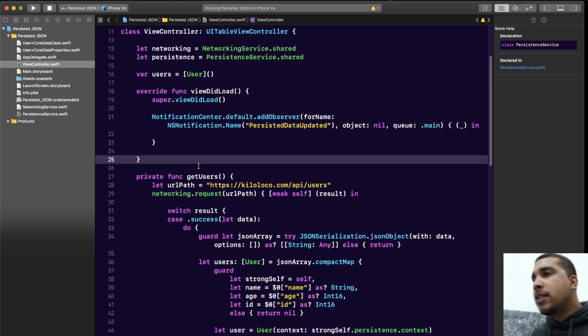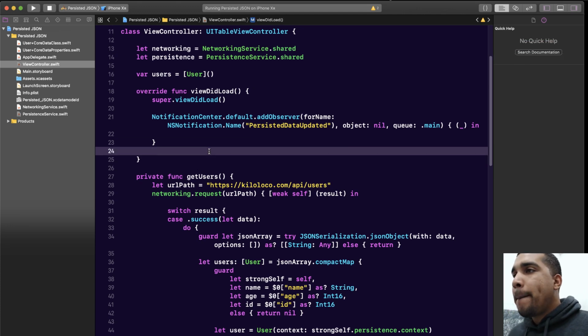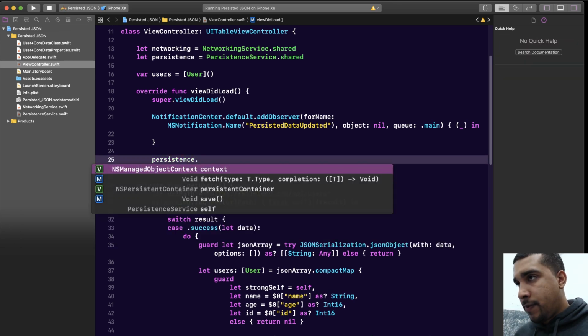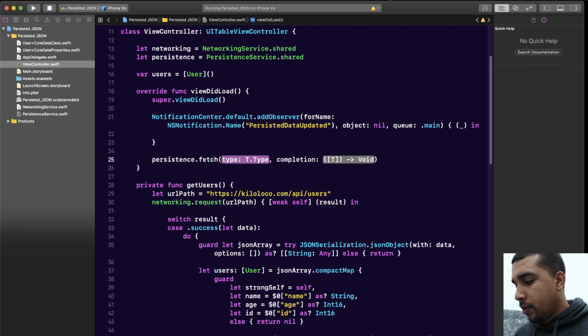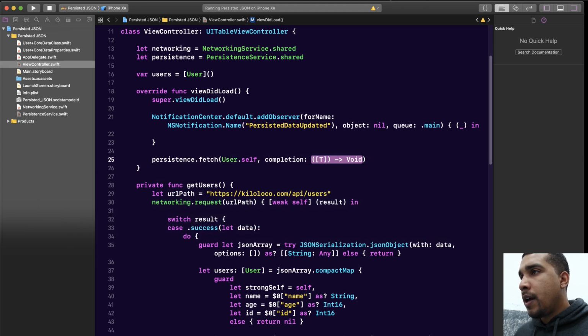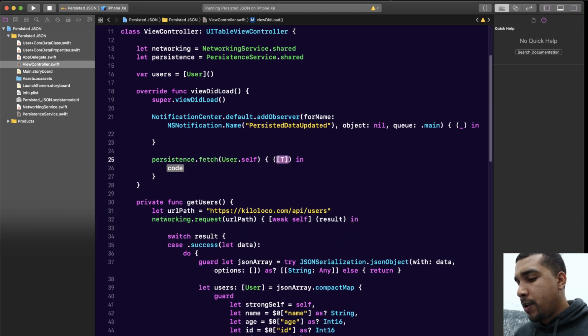It's been a while since I wired this together. All right, first let's just try to see if this works, because we should have saved everything already. Persistence.fetch. We're going to say User.self, and we're expecting an array of users,